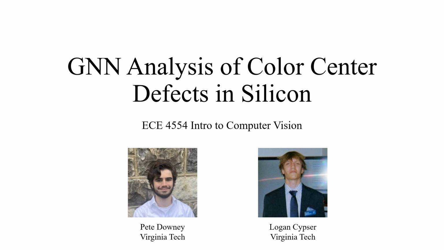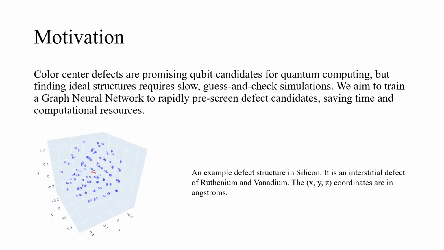We're doing a graph neural network analysis of color center defects in silicon. My name is Pete Downey. And I'm Logan Sipser. Okay, so color center defects are essentially defects in a material with optical properties, so photons